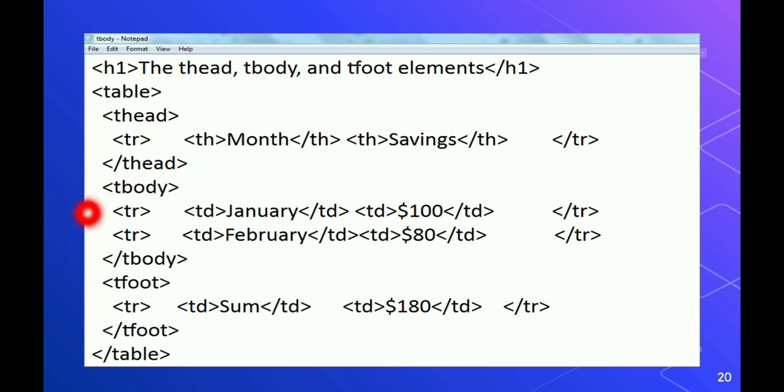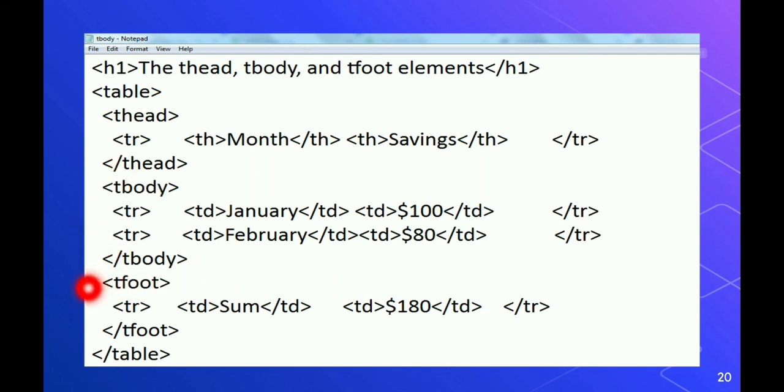After that we have started the tbody. Then we have started one TR. In the TD we have given the value January and in another TD the value $100. Close the TR. Again we have started a TR. Here TR is the table row and TD is the table data. We have earlier discussed how to create a simple table. You can watch that video if you want to learn what TR and TD are. Again, the value for the TD is February and the value for the other TD is $80. After that I have closed the TR and closed the tbody. In the tbody tag I have enclosed the table body.